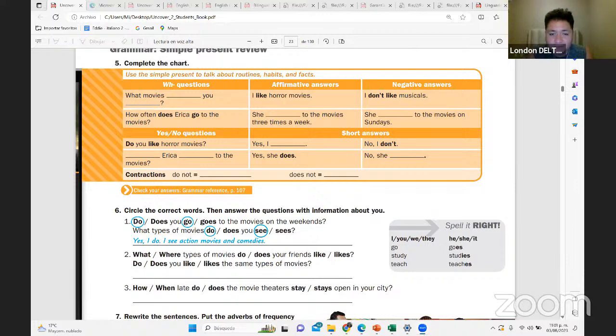Okay. So please write, you can write it here on the chat. Just 3 things, not your whole routine, no todo lo que hacen en la mañana, solo 3 cosas como las más importantes. And you leave it here on the chat. Maybe you want to have a look at these expressions again.